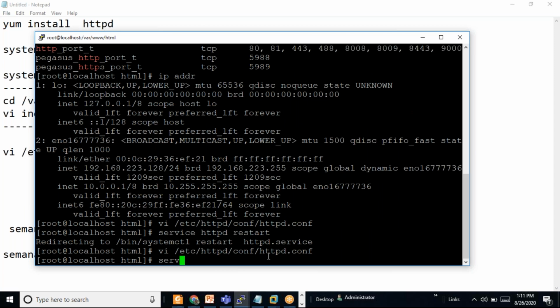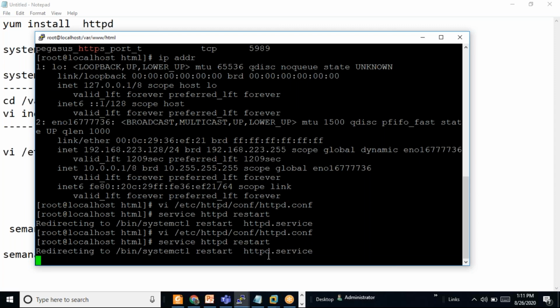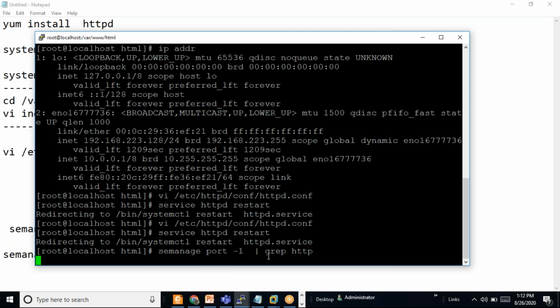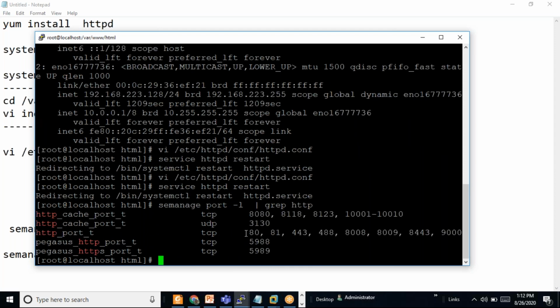So we can run service httpd restart. Then we can check this in SELinux properties with semanage port -l. Because this is using SELinux httpd, they have assigned these ports, and each port has been given labels. So we know that for the httpd process, port numbers 80 and 81 are all given.